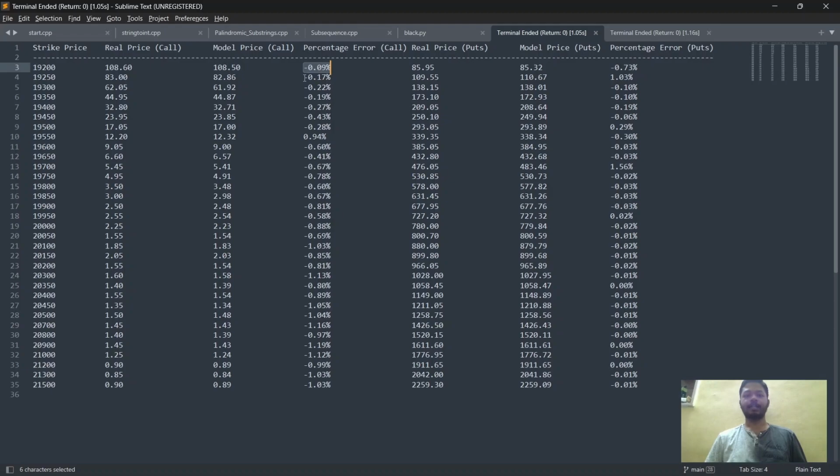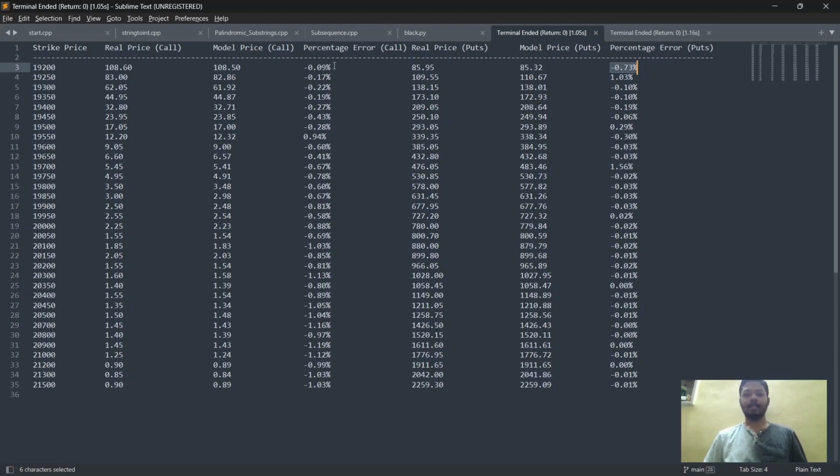And the percentage error is negative 0.09%. If we calculate the same for the put option price, the real price is 85.95, but the model price gave us 85.32, which has a relative percentage error of negative 0.73%.